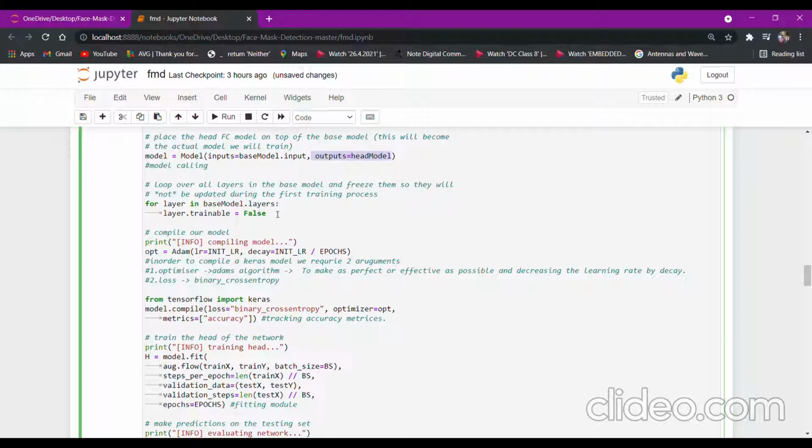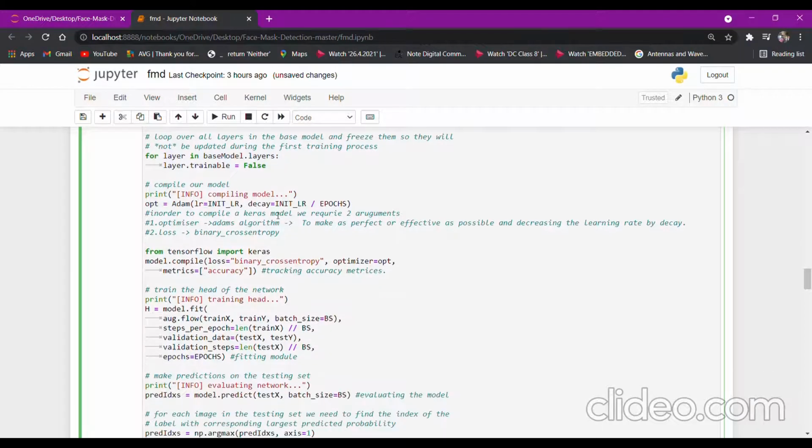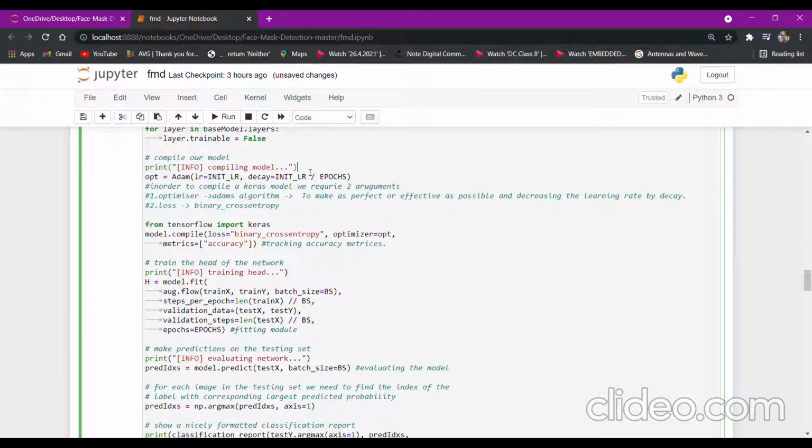Hence we are freezing them, so that they are only updated during their first training, and we don't need to change the layers of the network all the time. Again we have used the print statement to track the flow of the execution.